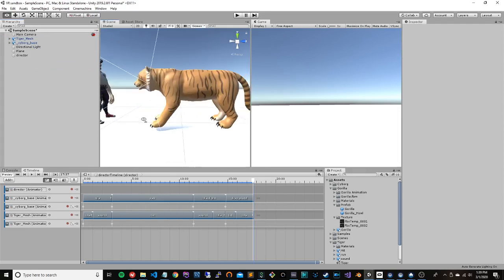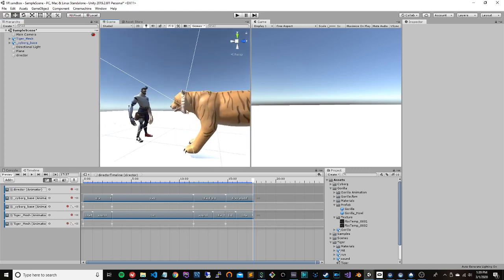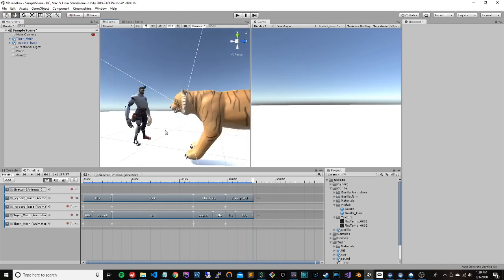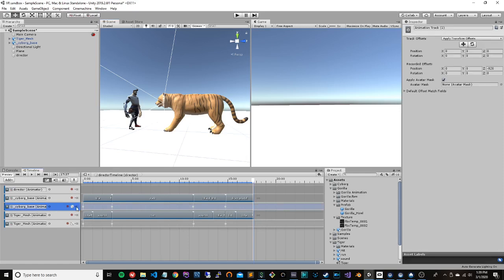Okay, so they meet. There's an attack of some sort. They're taunting each other. And then how about this? How about our guy decides to jump onto Tiger? How about that? So let's go here. This is our, remember, positional data. This is for tracking the X, Y, and Z positions. Cyborg. From this, there's already a marker here, right? Oh no, it's not. Okay. So from this marker here,